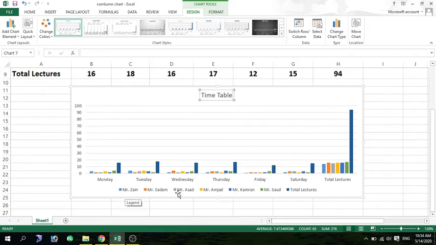You can see here Mr. Zain, Mr. Saddam, Mr. Asad, Mr. Amjad, Mr. Kamran and Mr. Saud, and the total number of classes.